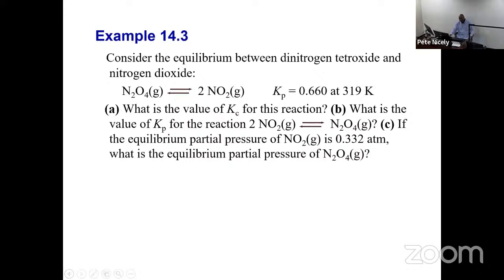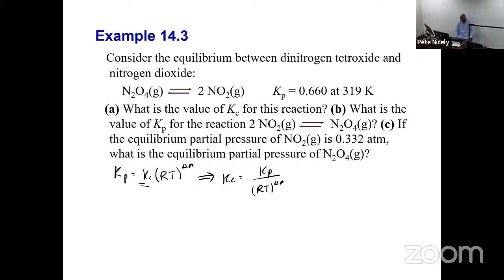So just to remind you what we saw earlier, Kp is equal to Kc times RT raised to the delta n, right? What the question is asking for is Kc. So we can rearrange this equation to get Kc is equal to Kp divided by RT raised to the delta